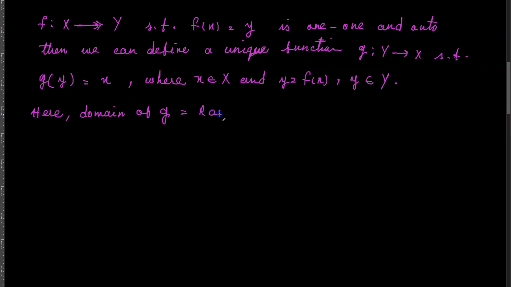And the range of g, which is basically this set X over here, is equal to the domain of f. Now the function g is called the inverse of f,